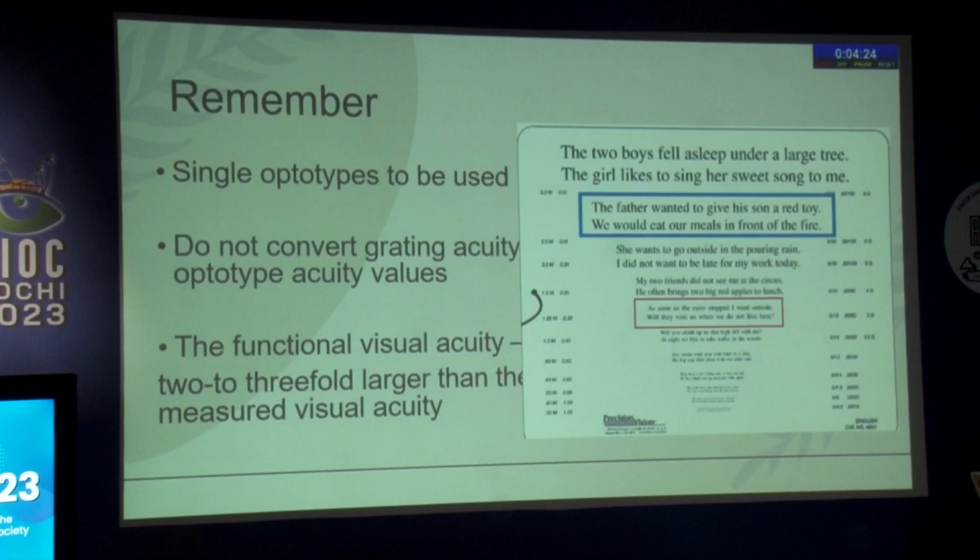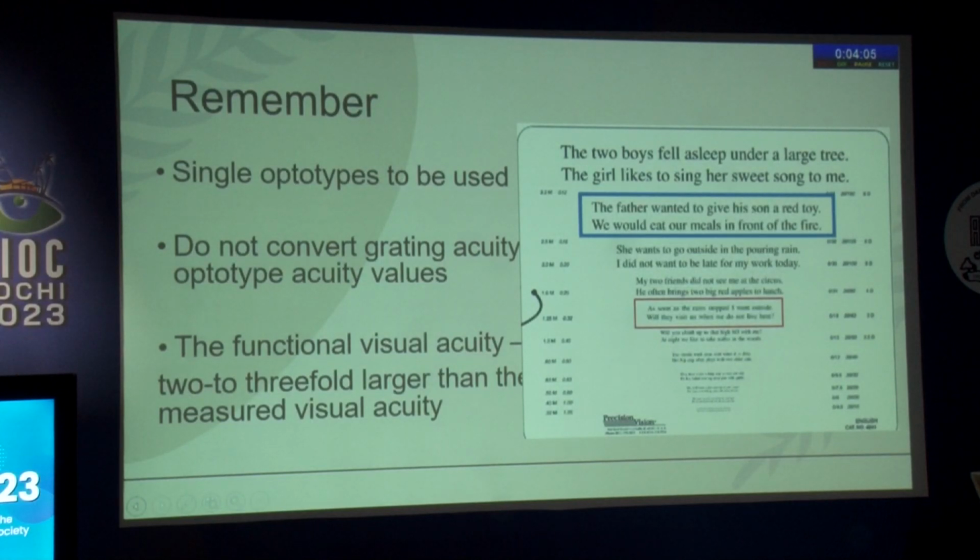Remember, always present single optotypes. If you're worried about amblyopia or you want to know the interocular difference, you can use single optotypes with crowding bars. Do not ever convert grating acuity to optotype acuity values. And the most important point here is the functional visual acuity for every person, be it typical or CVI or